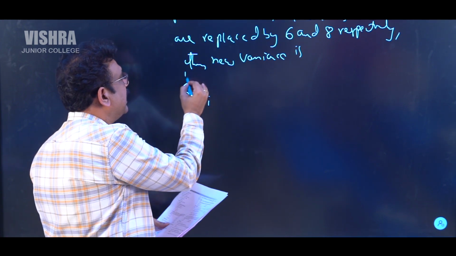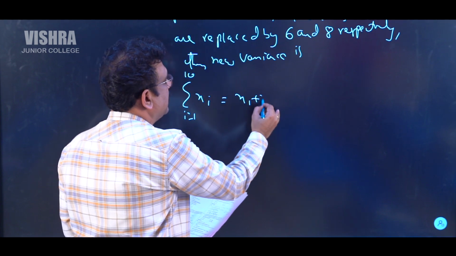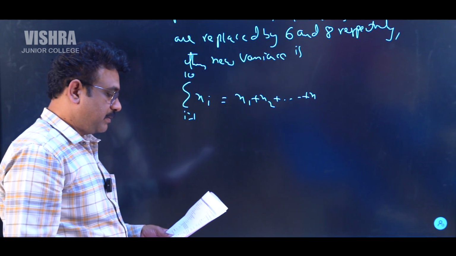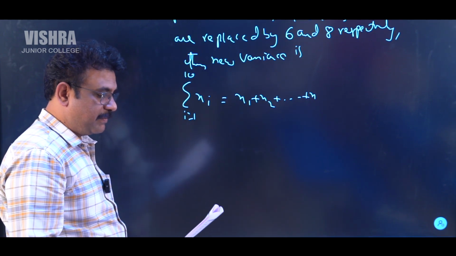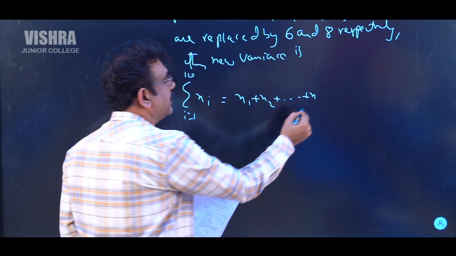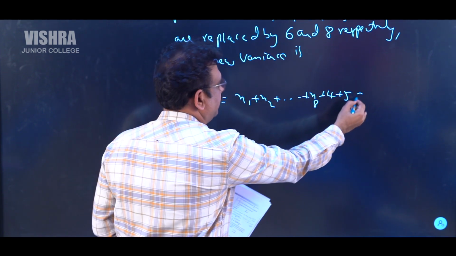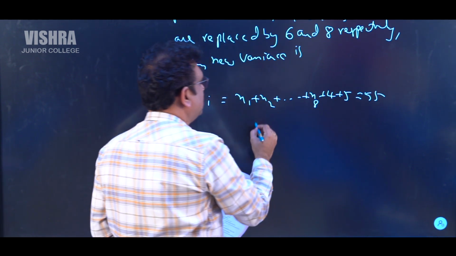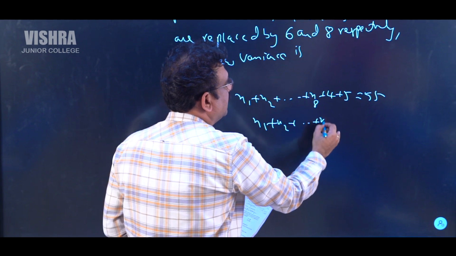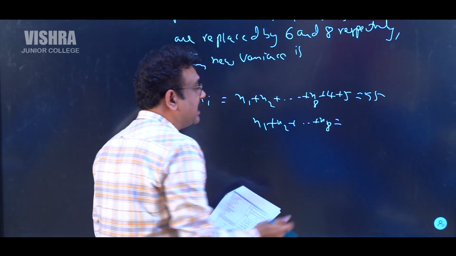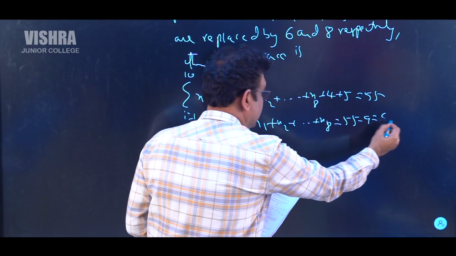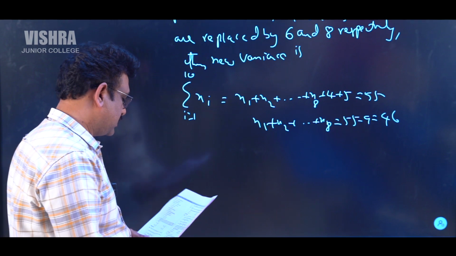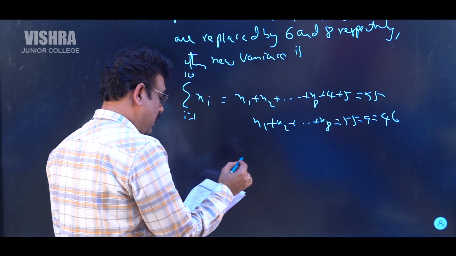So here, first, sigma xi, i equal to 1 to 10 observations. So x1 plus x2 plus up to x8 plus 4 and 5, which are replaced by 6 and 8, is equal to 55. So x1 plus x2 plus up to x8 is equal to 55 minus 9, that is equal to 46. Next, the second one is sigma xi square,